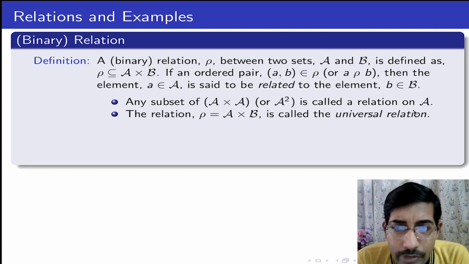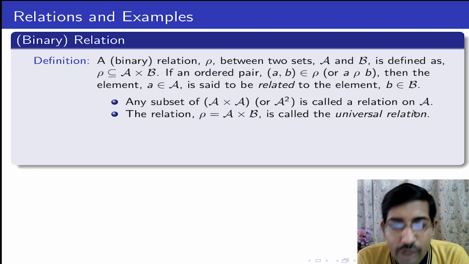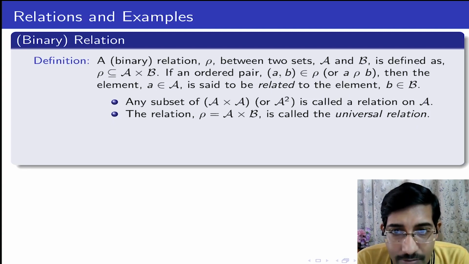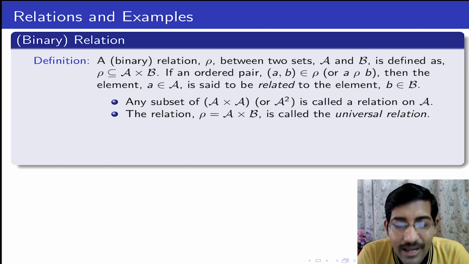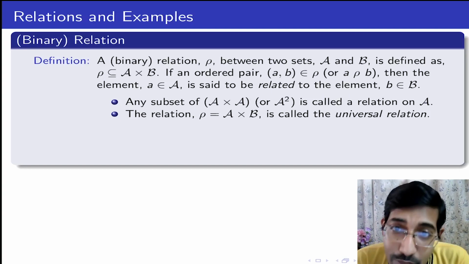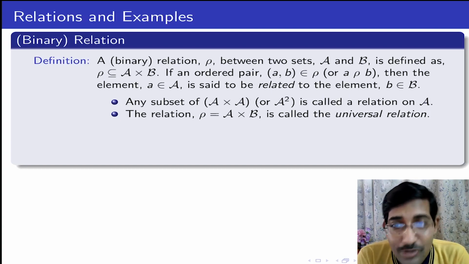If you look intuitively, we have already used such kinds of relations in our algebraic system. Suppose integers. Instead of addition, let us think about when we say one integer is less than the other integer. So less than is a relation, right? It takes two integers and tries to relate them with something called less than. If you take all possible pairs of integers, not all of them are less than each other. Now if I say the less than or equal to relation, then if you take any two numbers, one will be less than or equal to the other.